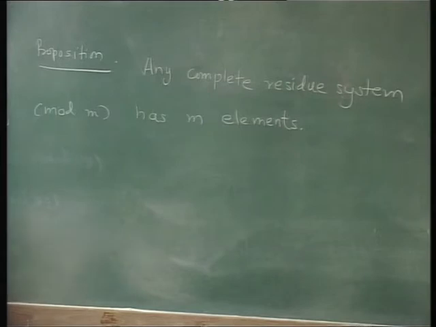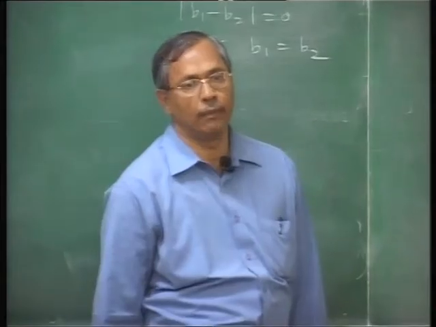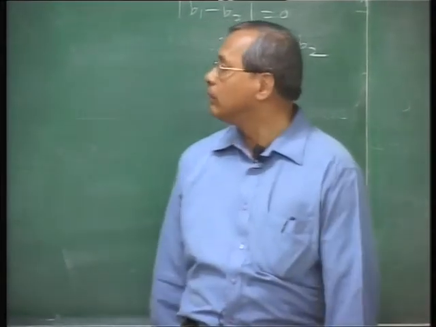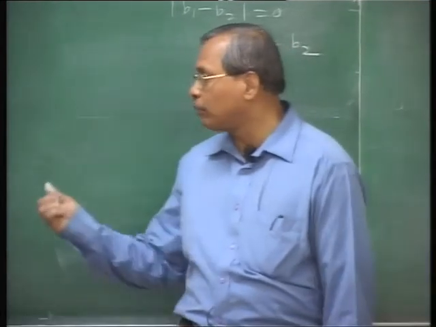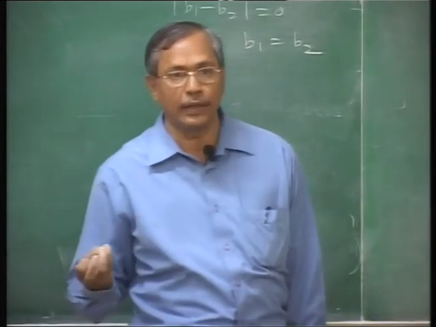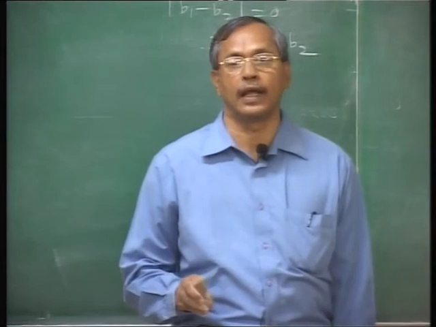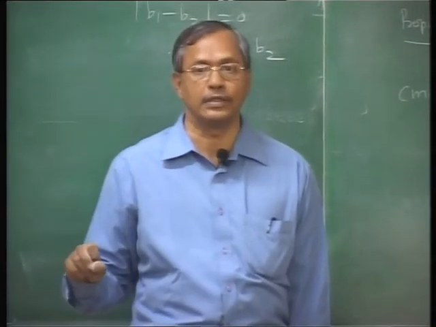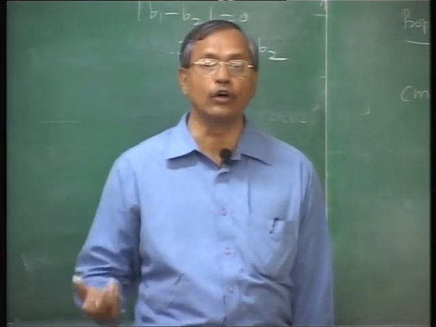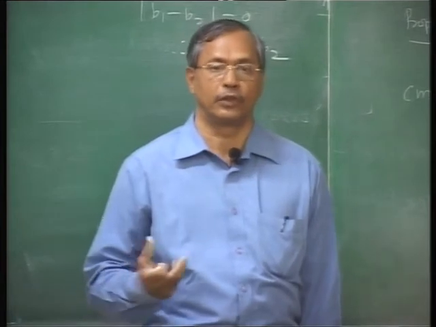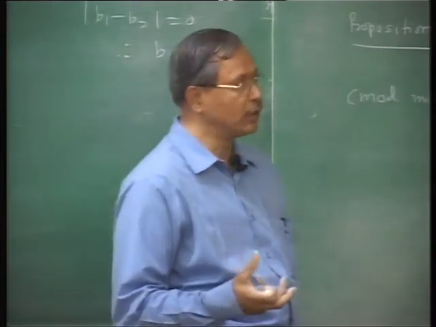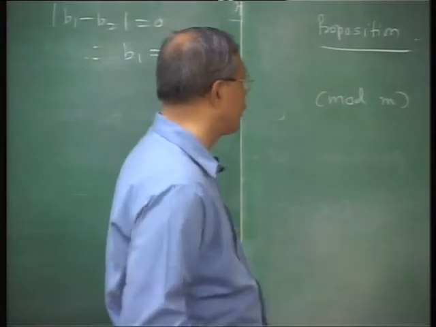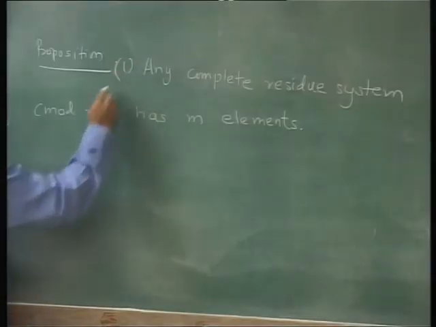Also, you have a criterion for a CRS, namely every integer is congruent to one of these members, that is one requirement. And the second requirement we can say is that these numbers that we take are incongruent with respect to each other. No two are congruent mod m. That is another requirement. So let me take this as 1. Second is